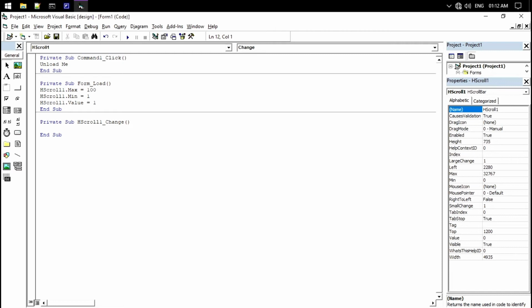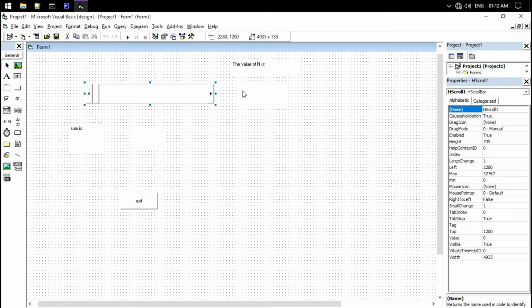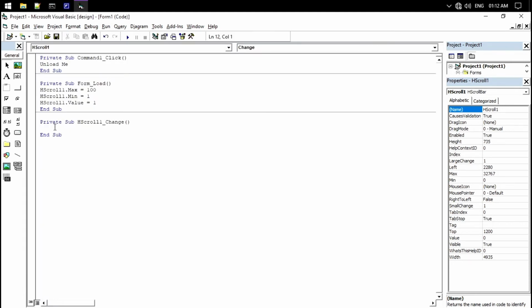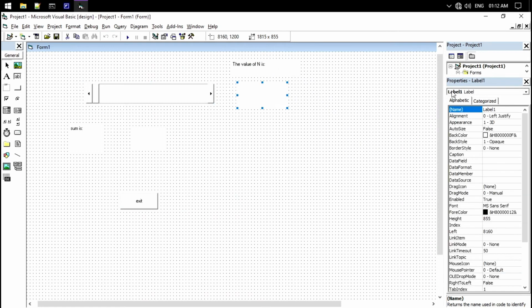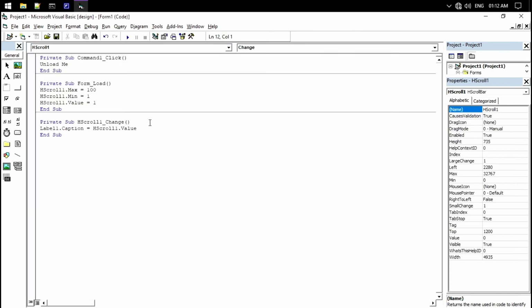Okay, so we wanted to get our output, I mean the value of n here, which we choose from this horizontal scroll bar. So for that we write label1.caption is equal to horizontal scroll1.value. This one is label 1, so it will show you the value of it, and then we take sum is equal to 0,